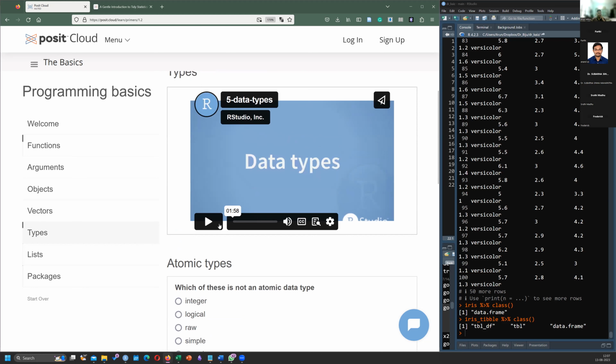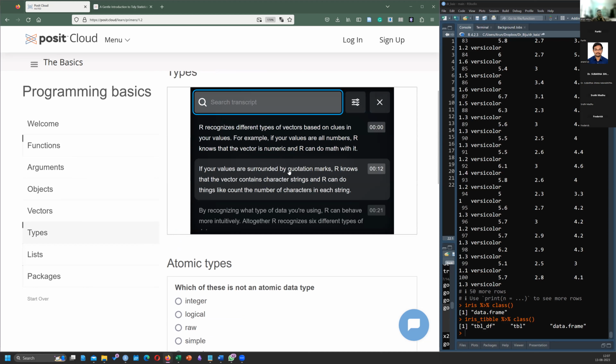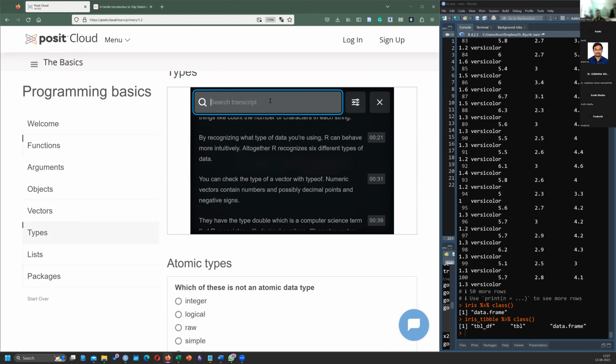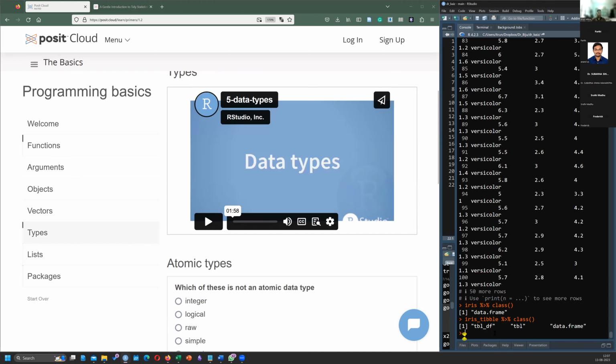So for that we have to look at this video. We have the transcripts here as well. Interestingly, there's nothing called atomic. Anyway, atomic means 10. That is the simplest form of data.